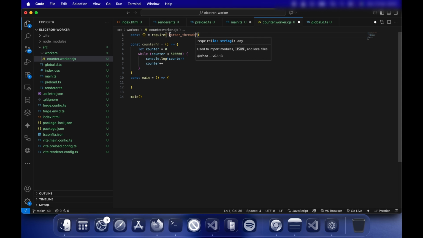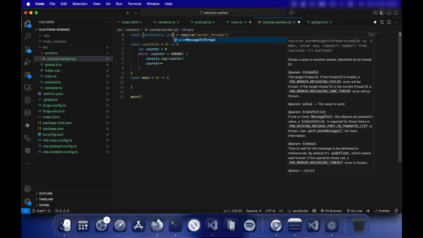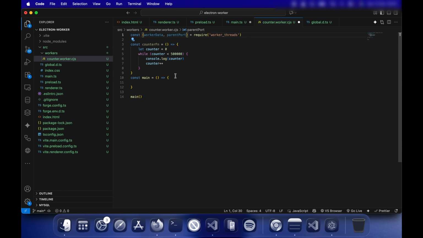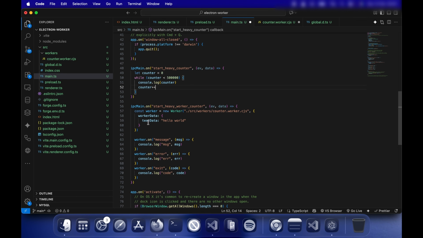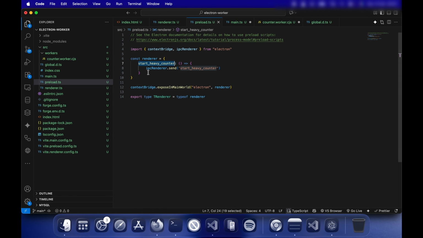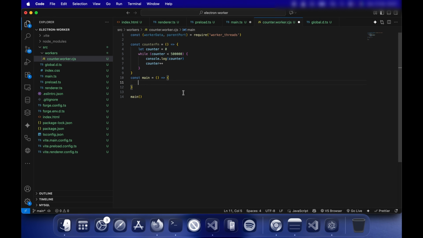You can either use worker_threads or node:worker_threads, then workerData, then parentPort. Now we are going to destructure it and get this test data. const equal to workerData. Then when we are done, we are going to use parentPort.postMessage